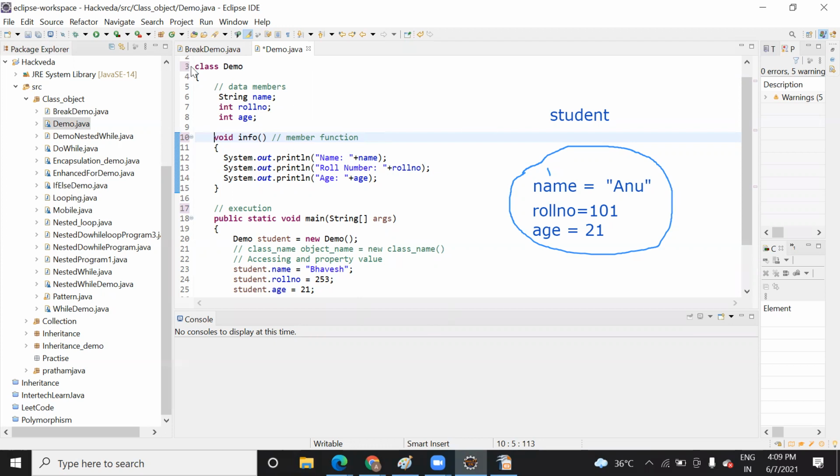I will explain these visibility modes in a separate class after one or two classes, because they will be helpful in the OOPS concepts: inheritance, polymorphism, abstraction. As of now, just think that if you declare something as public, it means it will be accessible from anywhere. So note down this point.